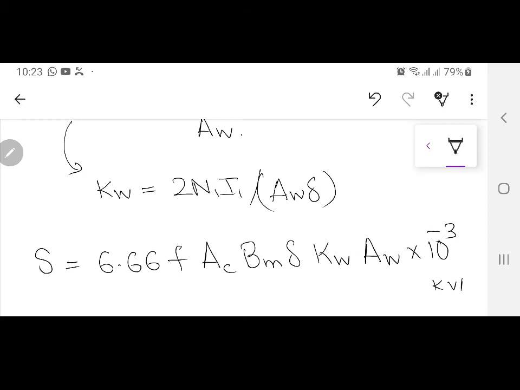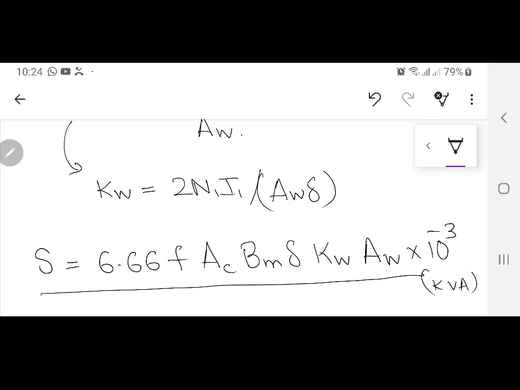3 kVA. One thing very important, please don't miss the kVA unit. These are very, very important in this design course. You won't notice, and write them even in the calculation, not just with the answer at the end. Please don't make this habit. Otherwise you will make a mistake in units somewhere.